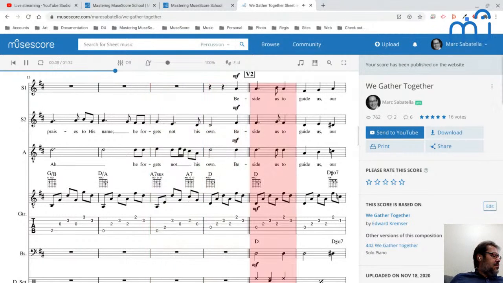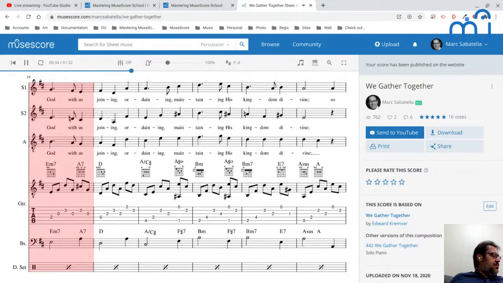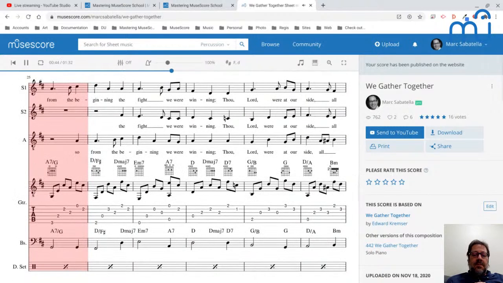His kindness to cry us our God with His journey, ordaining, maintaining His kingdom near us. So from the beginning, afar in the beginning, the Lord will at our side and will